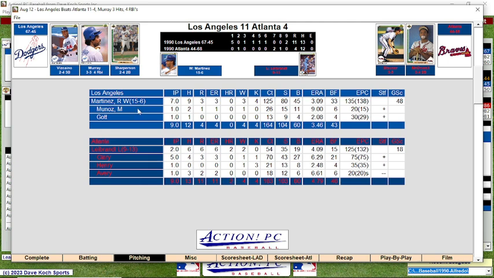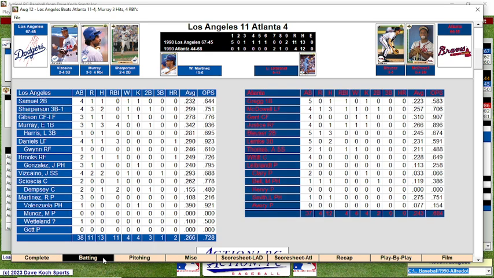And there you see the rest. Martinez not sharp as usual. 9 hits, 3 walks, 3 earned runs. He had it down to 1, but because of the lead, I just let him keep pitching until he just about ran out of pitches. 125. Then Munoz came in, gave up a run, and finished it off. There you see the numbers. Murray 3 for 3 with 4 RBI. Daniels with a home run, 3-run shot, and there's Brooks' home run.